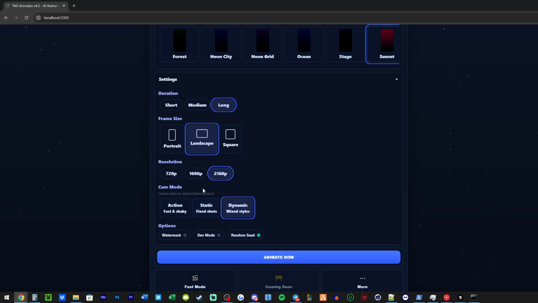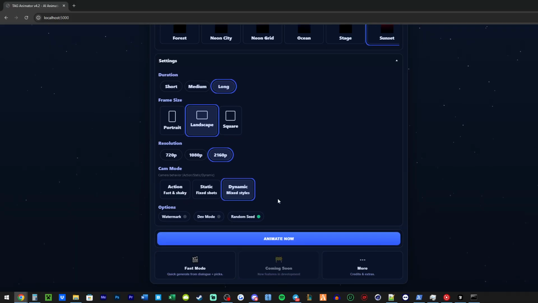The AI will decide on this. Basically, this is saying all the shots are going to be static or all the shots are going to be action. Watermark, that's going to be in the future. This is for when there is way more polish on it, then most of these will have a watermark, and then you just pay a small fee to unwatermark it. Dev mode, that's really for me. This allows a test scene to pull up so that I can see exactly what's been changed, or get around AI stuff. So that's specifically for me. It's not going to be in the full model, or there will be a secret way to get to it, but for now, dev mode's on there.